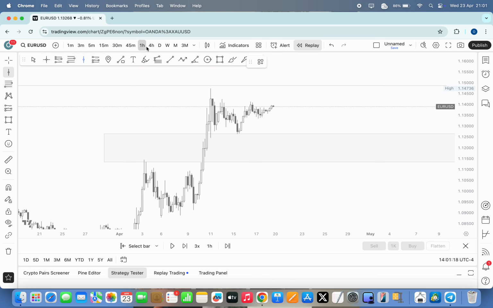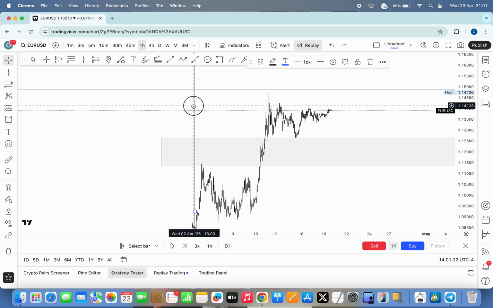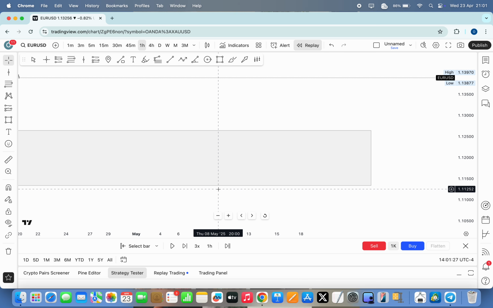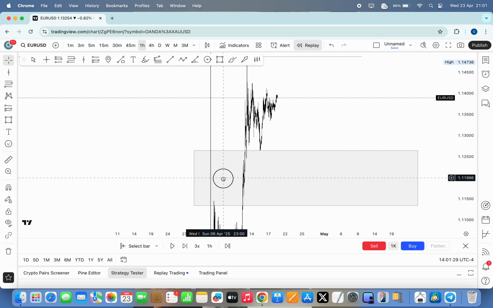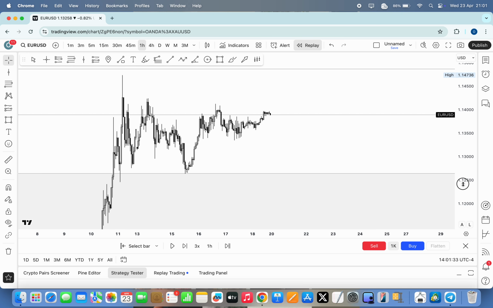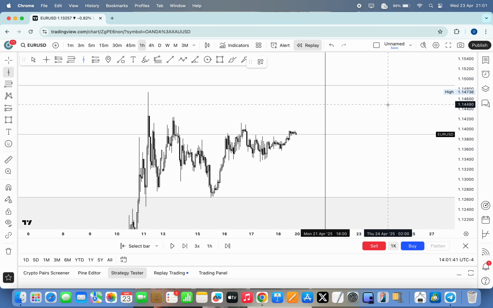Sorry about that. I was just scaling to the 1 hour time frame. So I'm going to mark out the price action. We're expecting the market to currently push high. So I'm going to mark out the price action on Monday, right over there,